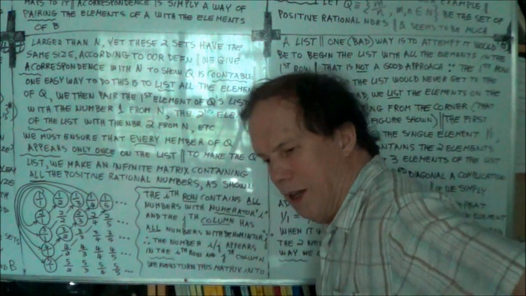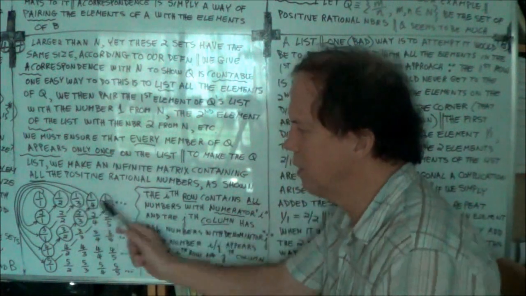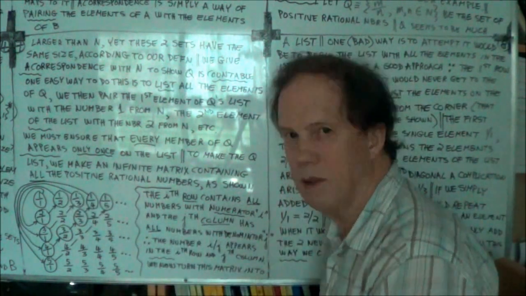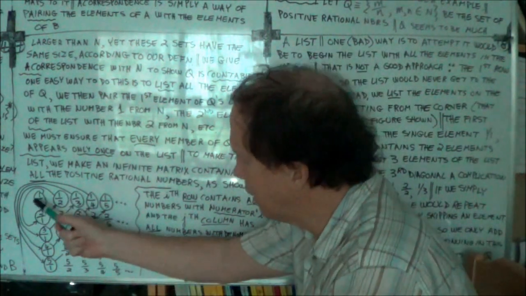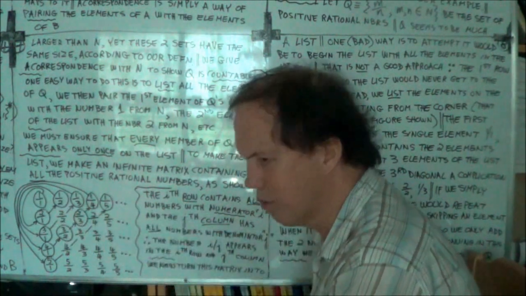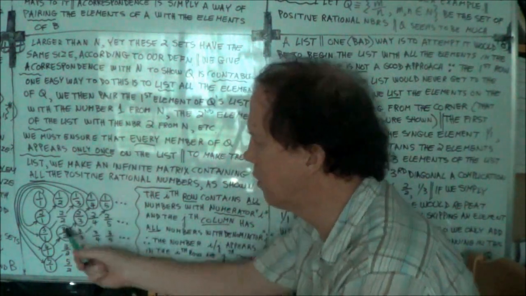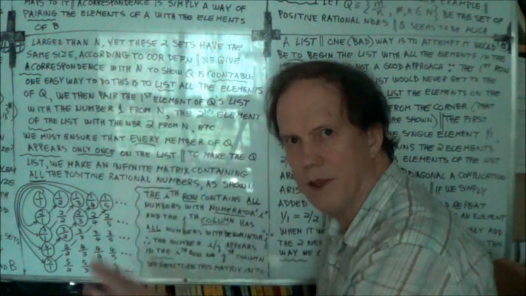Now, all right. So how do we form the list from this infinite matrix? Well, one suggestion, a bad one, is to list first the first row, followed by the second row and third row. The downside with that, of course,